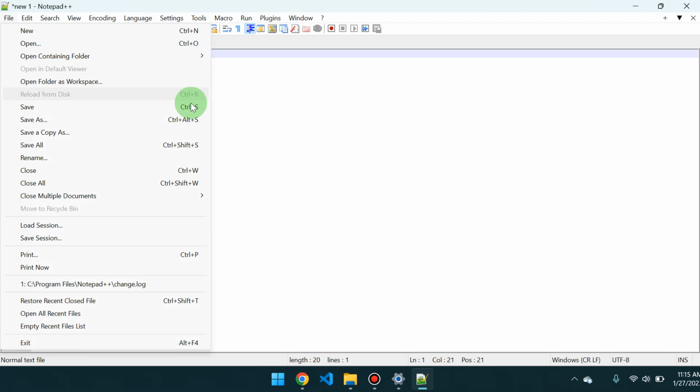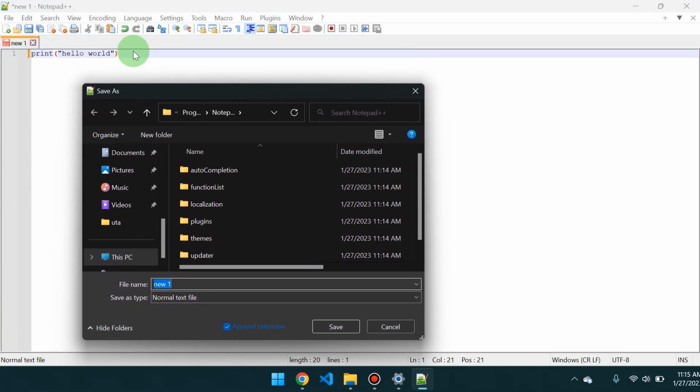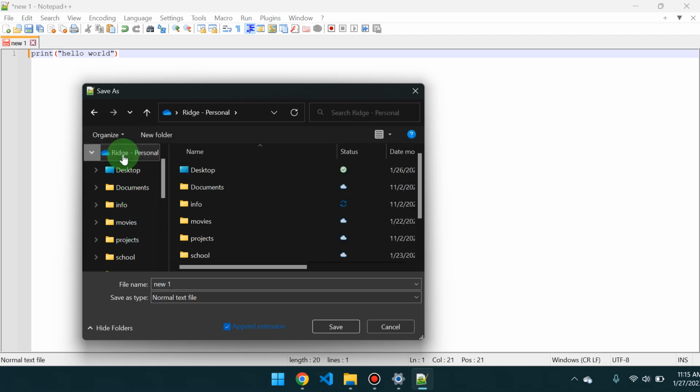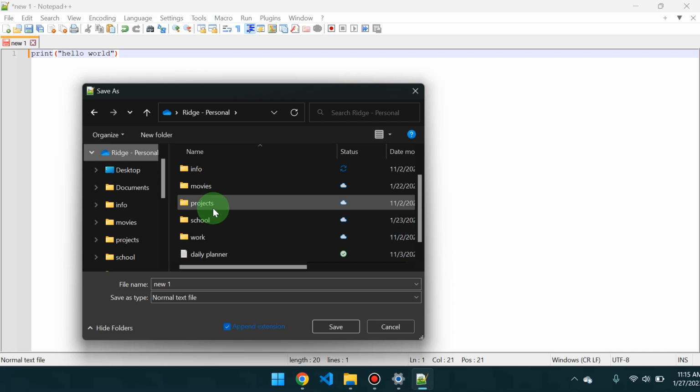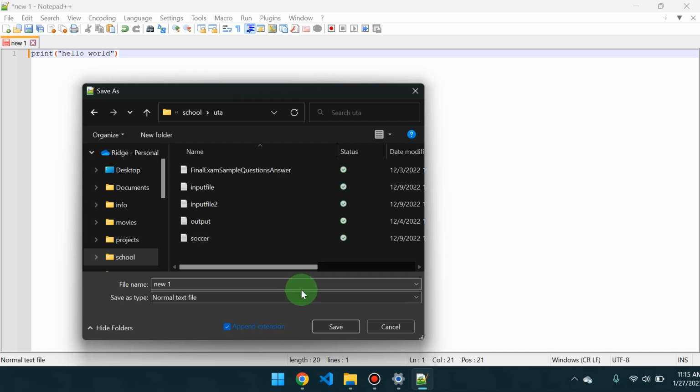However, if I go to File and then Save As, that's the same for BBEdit, VS Code, or Notepad++. It's all going to be the same. File, Save As. I'm going to save it to a place I'm going to remember. So in this case, I'm going to go to my OneDrive, then School, and then my UTA folder. And then I'm going to rename this as my net ID, underscore, my lab section, which is two something something,